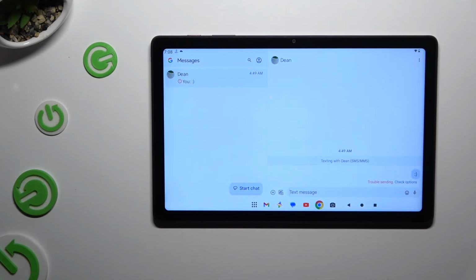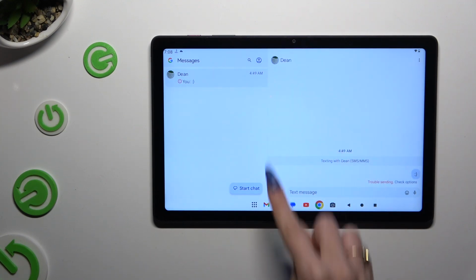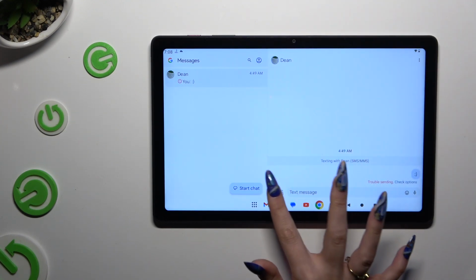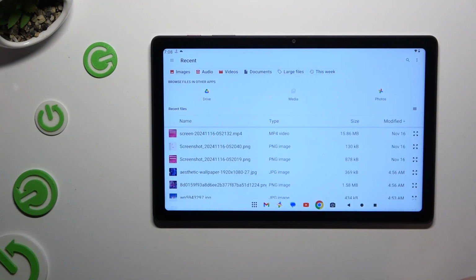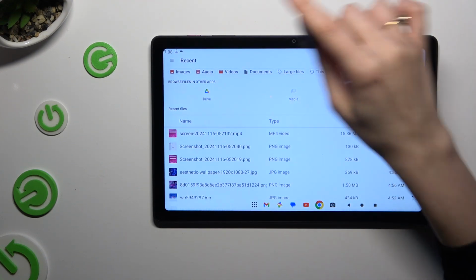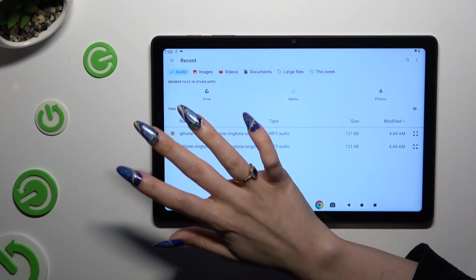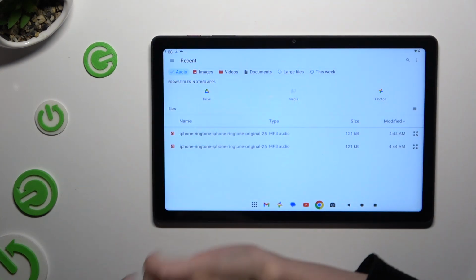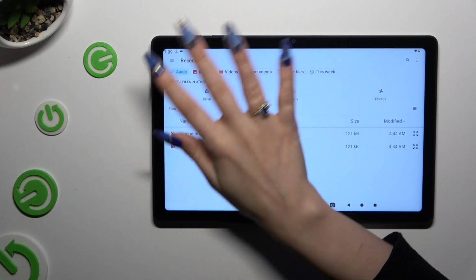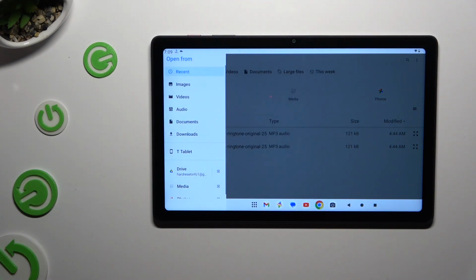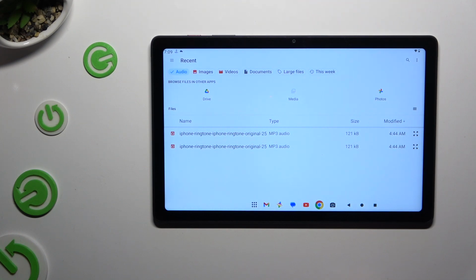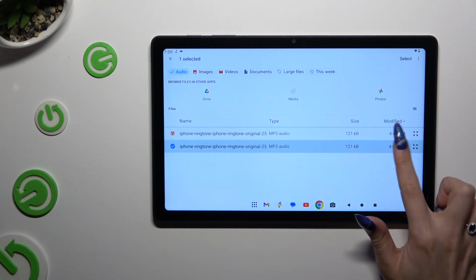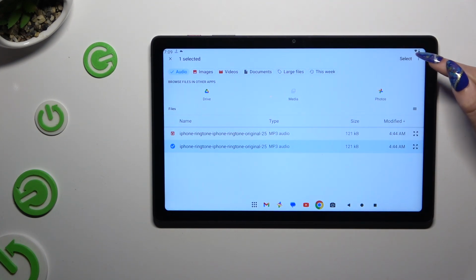Now firstly, to add an audio file, hit this plus at the bottom left corner of this section. Hit Files, and to locate your audio one, select Audio at the top, tap on one of those apps or use those three lines at the top left corner to pick one of those sources. Either way, after locating your file, you need to hold it and click on Select at the top right corner